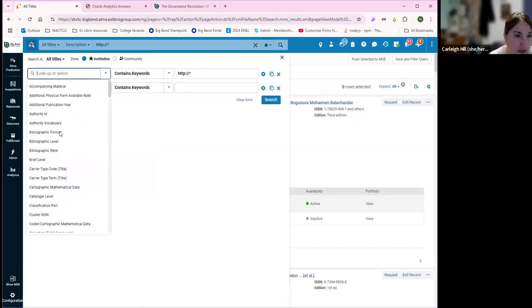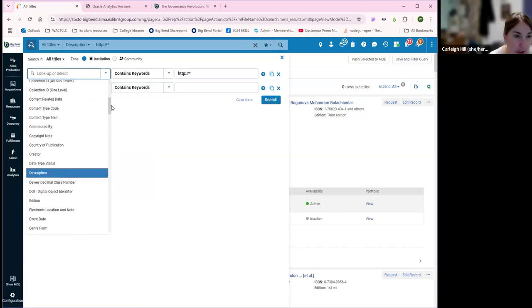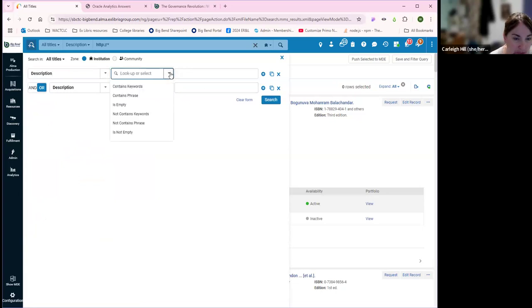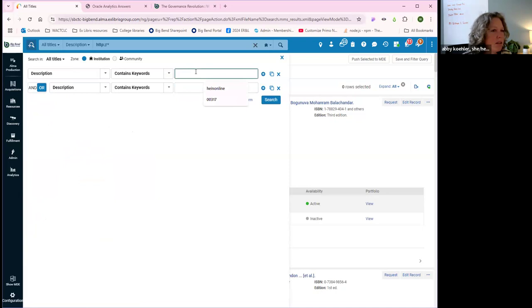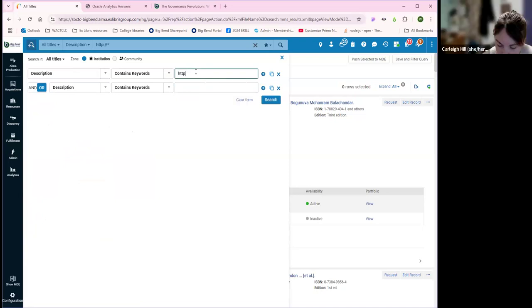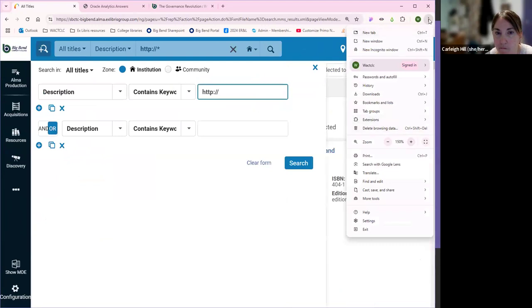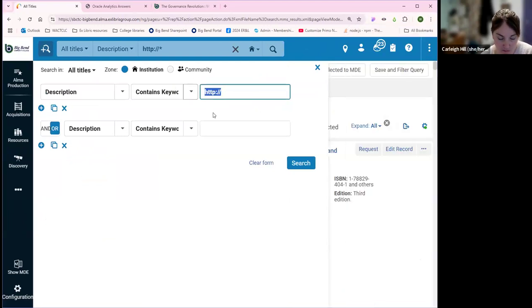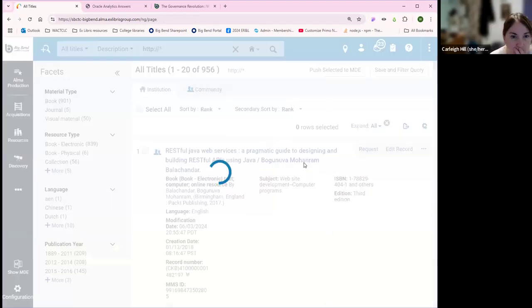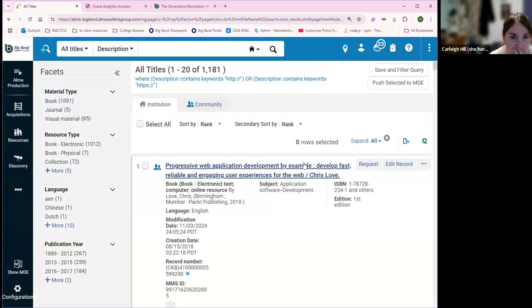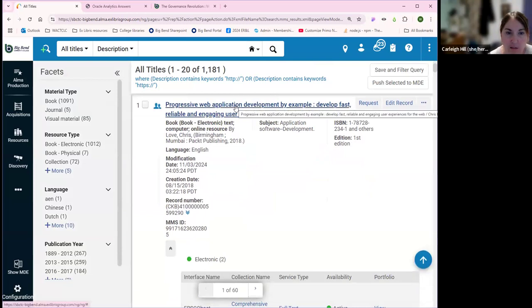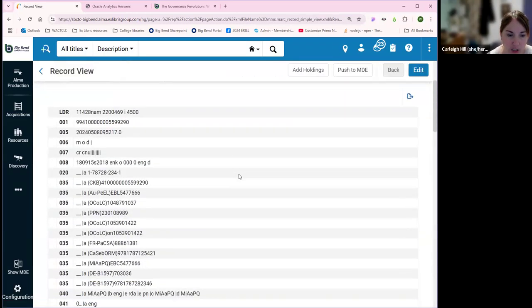Yeah, it's in the description, and then you can do contains keyword or phrase. So now we have over 1,000, but then you've got titles like this